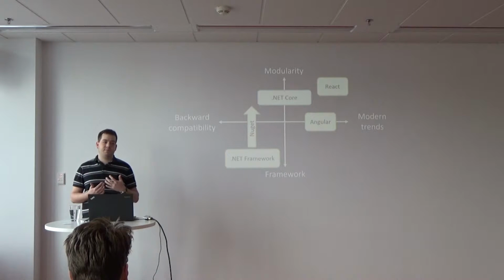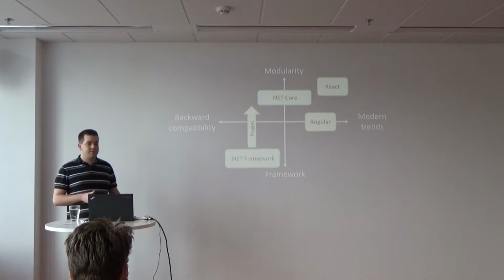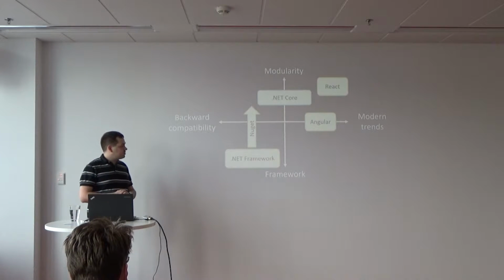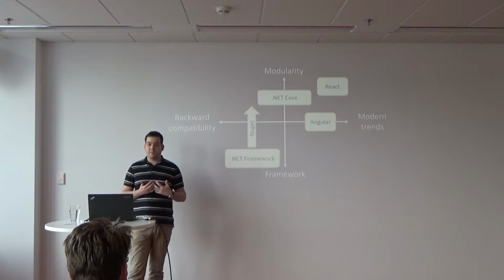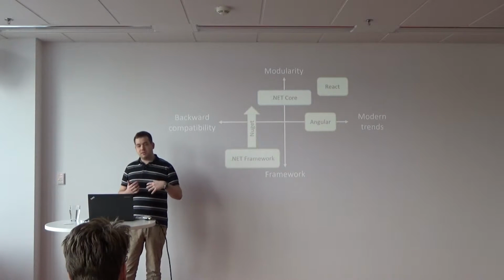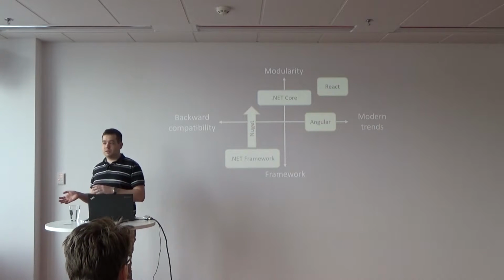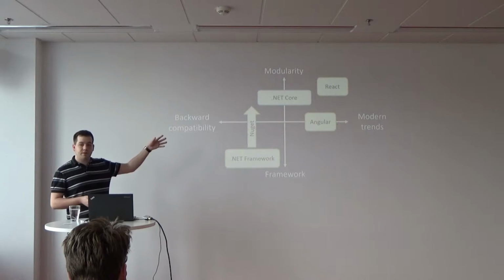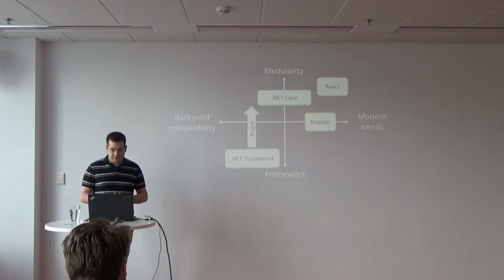But if you want to write some Windows application, like some form application in WPF or WinForms, you can still use, and it should still be preferred to use, .NET Framework. Also, you can combine these two. If you, for example, don't need to run your application on Linux, you can use .NET Core, but you can use the libraries built on the full .NET Framework for Windows. So you will not be able to deploy it on, for example, Mac, but you can use the new features from .NET Core, running along with the libraries built for .NET Framework.